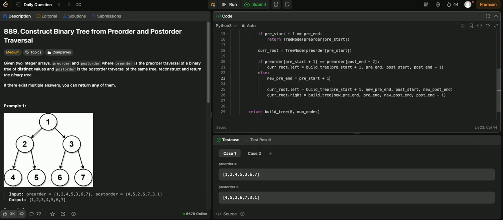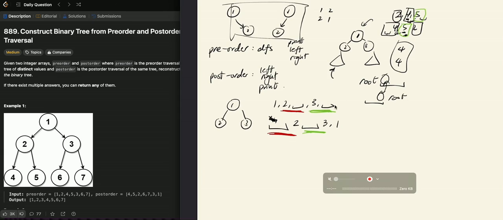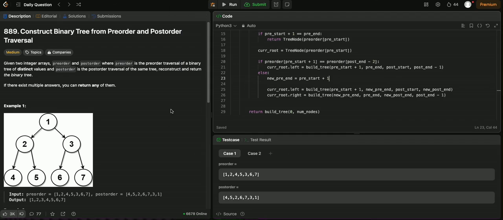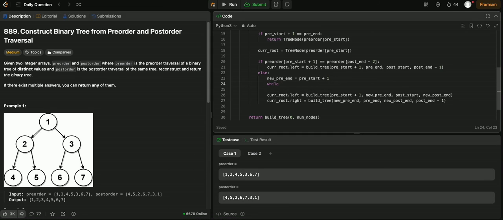Well, for example, two here can have no subtree. Then if this is the pre-start, there's nothing, the next thing it goes to is C3, it is just going to return. So yeah, we have pre-start here, and while